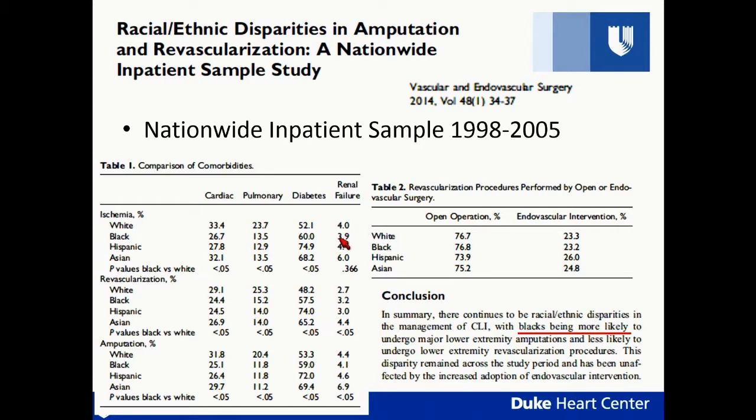You can see that those comorbidities are relatively balanced in patients who undergo revascularization, and then as well as for amputation. They did a nice job, I thought, with looking at which patients underwent revascularization and which underwent revasc before amputation. Their conclusion was pretty spot on, that Black patients in this study of almost a decade were much more likely to undergo a major lower extremity amputation and less likely to undergo revascularization. And again, their trends over time didn't change for African American patients.